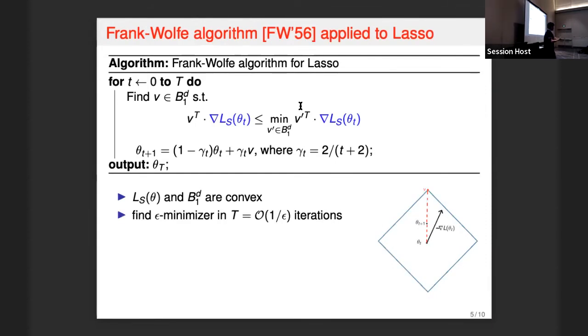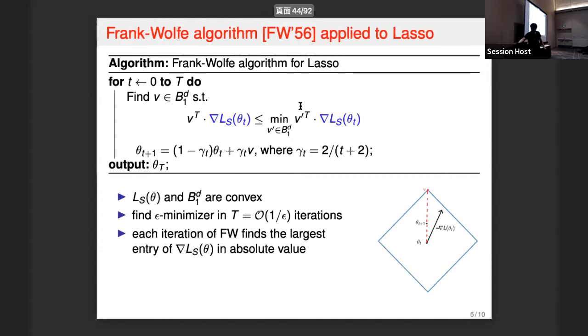And Frank-Wolfe algorithm guarantees us that it will help us to find the epsilon minimizer in only 1 over epsilon number of iterations. So it's quite fast. And also, because we are now inside the L1 ball, to find such a direction, it suffices for us to find the coordinate of the largest entries of our gradient. Okay, and because it's typically a corner of the L1 ball, we know for each iteration, the sparsity of the candidate is increased at least by 1. So we can upper bound the sparsity of our candidate theta t by the number of iterations.